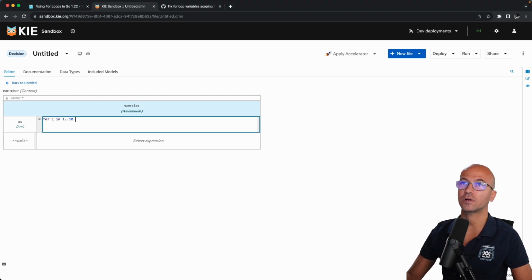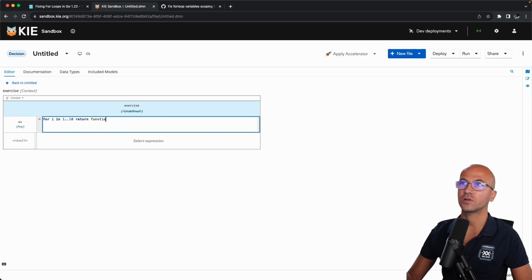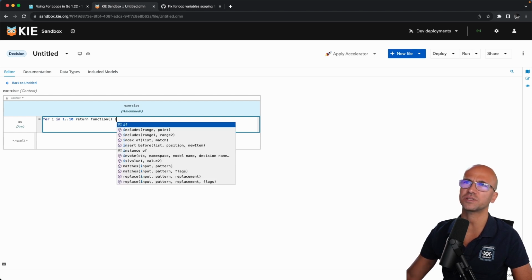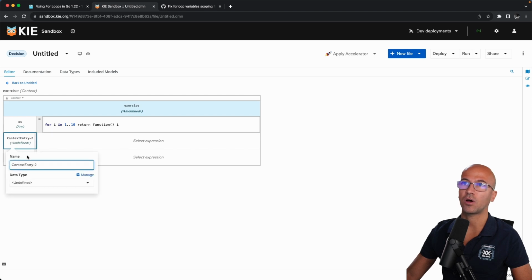Then for i in 1 to 10, I want to return, as we've learned that happens with the closure capturing, simply to capture i. So this XS is simply a list of anonymous functions that are capturing i. And we would expect that, when invoked, they just return their own number.